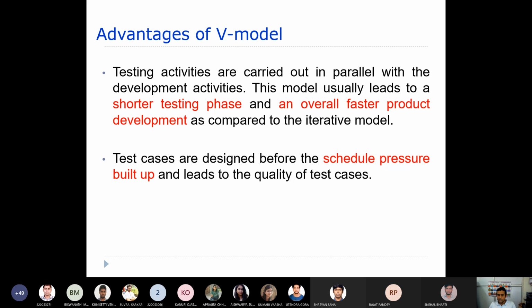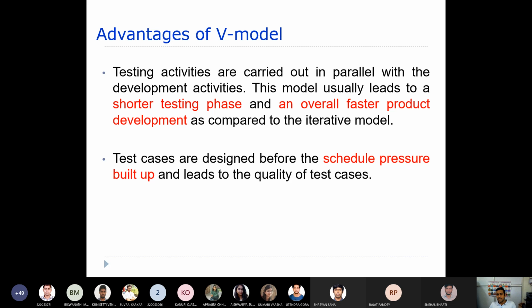That means what we are trying to say is, usually testing is almost the last phase in the life cycle model, right? By the time we come to the testing phase, sometimes there will be pressure from the client side saying that you should deliver this product.